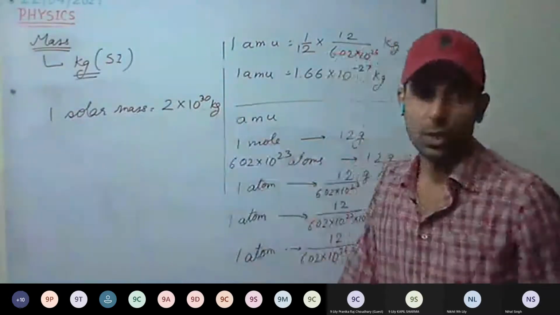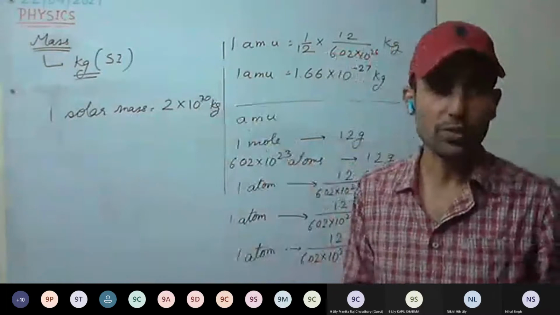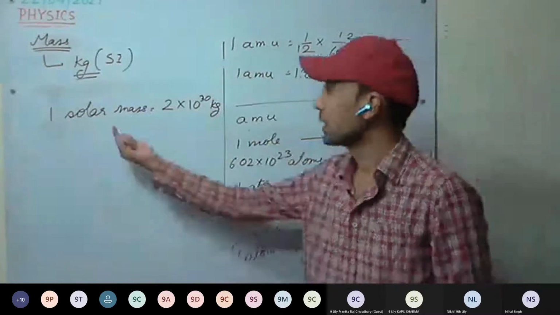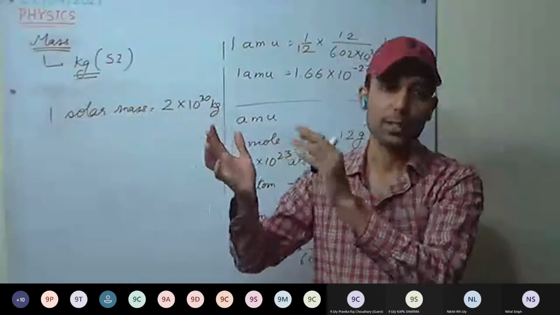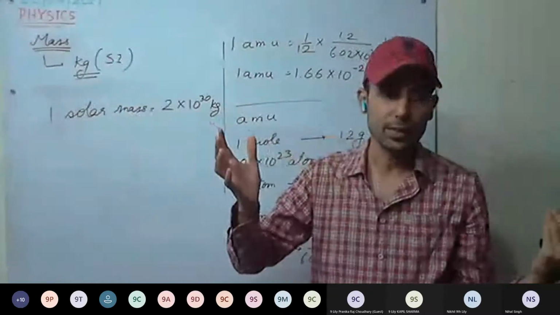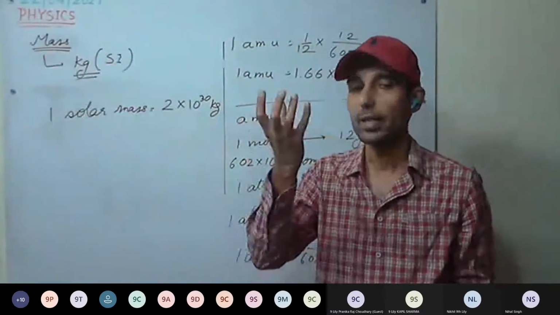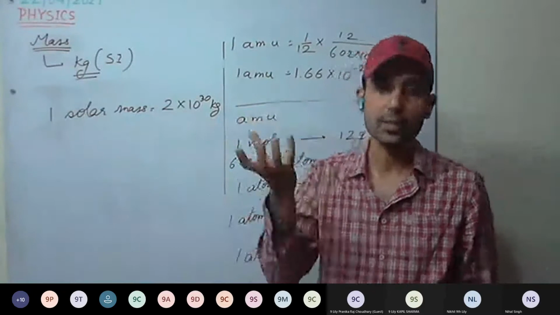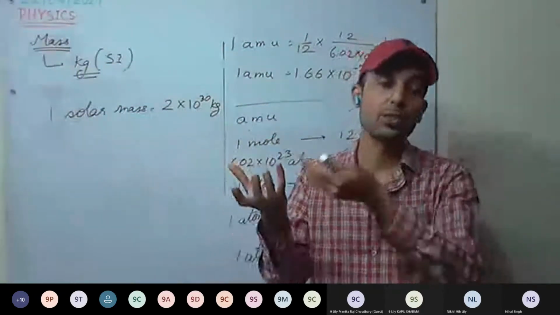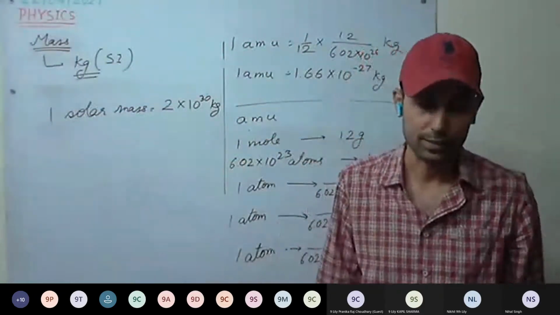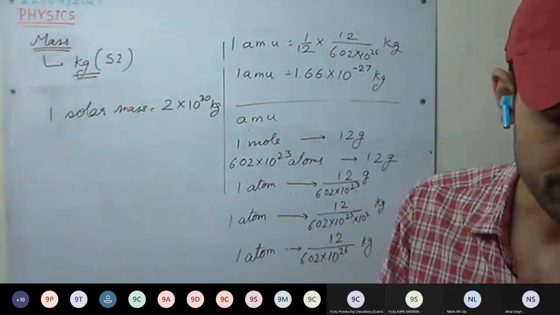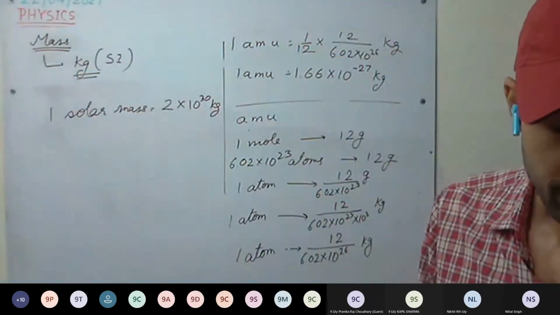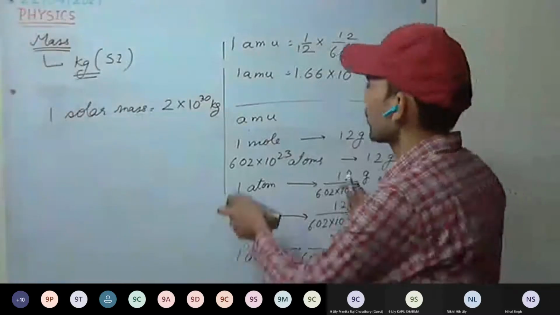This is solar mass. For example, if we have to measure any star's mass, we measure it in terms of solar mass. That is, a particular star is 5.02 solar masses, which is 5.02 times the mass of the sun. Or a star is 2 solar mass, that is, the mass of that star will be twice the mass of the sun. Understood this one? So smaller units and bigger units of mass we have discussed. Now we discuss units of time.